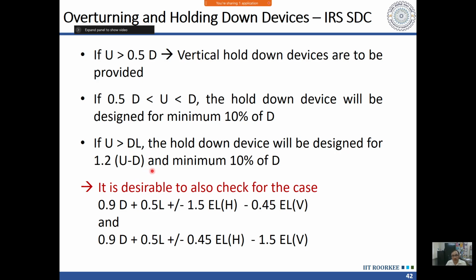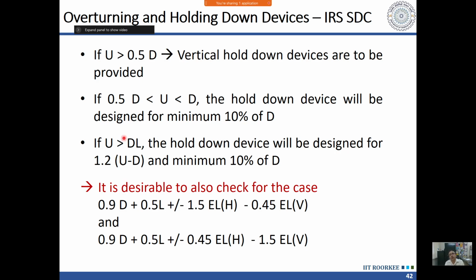While designing the bearings, we have to take these conditions. The code also says that while calculating U, we have to take the combinations. So these combinations we have to take. For D, my interpretation is that in that case we have to put 0.9 D, because for the purpose of safety the restoring force should be underestimated. So D is the restoring force here, and the factor which we have to use for D is 0.9. So we should use these load combinations for designing the holding down devices.